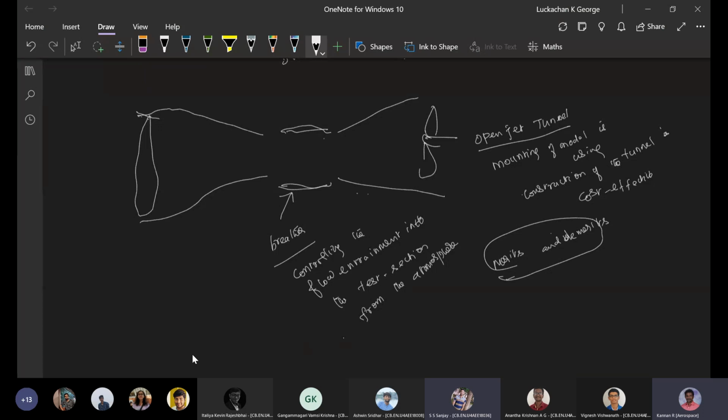Question, sir. You said sometimes wire mesh is used to produce turbulence. Yes, that's also there. Normally, initially, if you are going to have a flow quality, first you have to clean whatever instability is in it. Then you create your own instability, so you can easily measure how much instability is present. Initially, we are going to keep a wire mesh, and we will remove as much as possible.